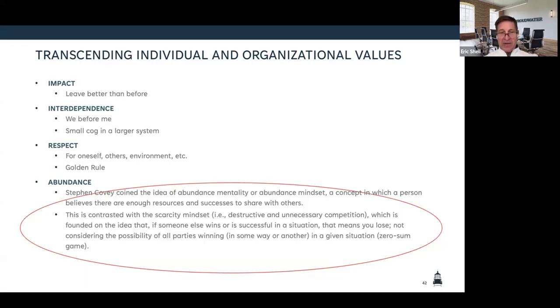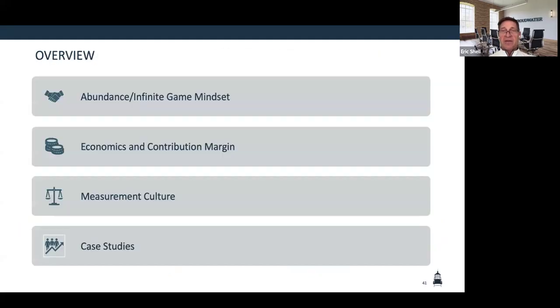And what I found as I travel around is that probably 85% of rural hospitals have significant portions of the leadership that are highly scarcity based. Abundance, on the other hand, says, Debbie, if you're successful, that pie of success just grew and everybody wins. And when we see organizations that live in that abundance mindset, you can almost immediately see a change in the culture, a change in the mindset, and a change in the profitability, for lack of a better word.